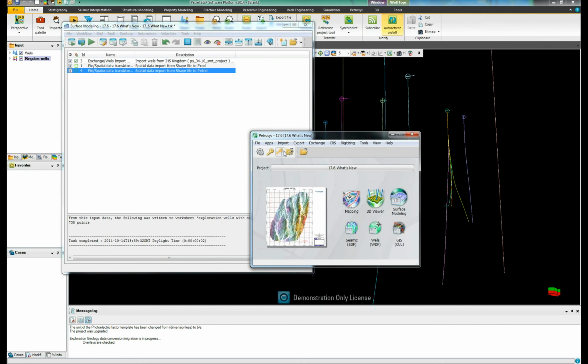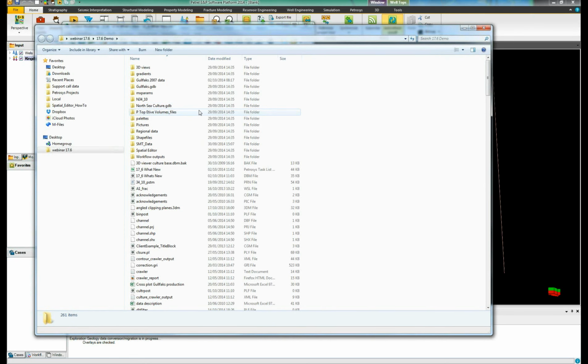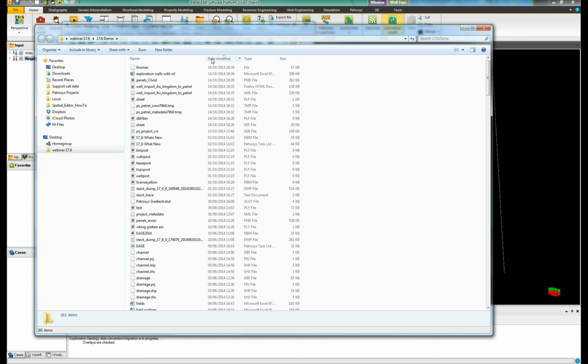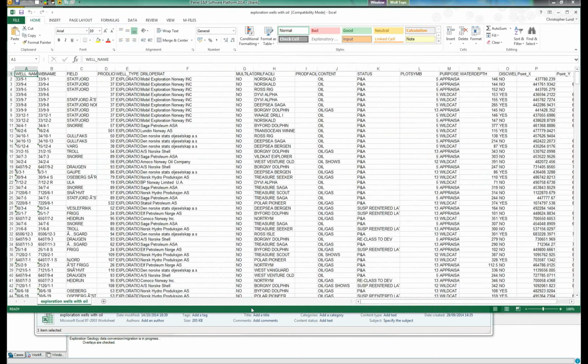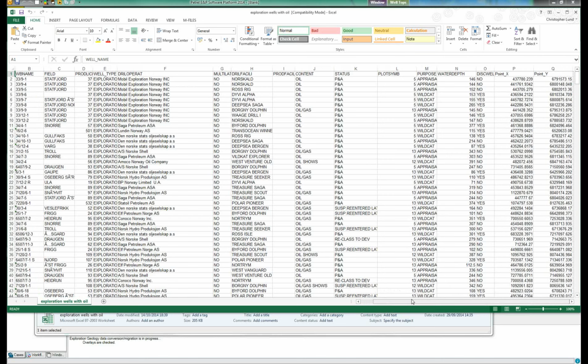So I've now pushed this into an Excel spreadsheet. If I just drag that over here, we can see we have all the data that's been read within the well-bore shapefile, and you can see the attributes that are removed have been taken out with the X and Y coordinates here. Now I can close this down,